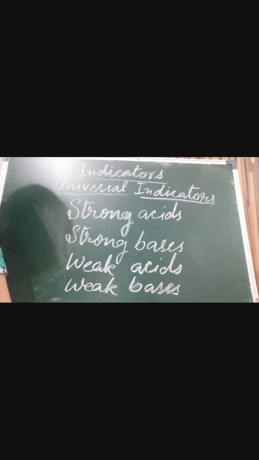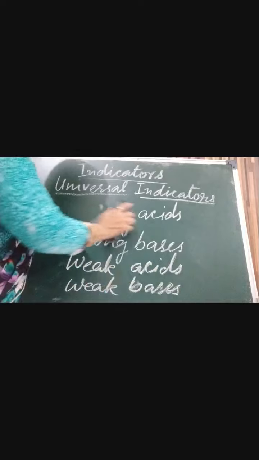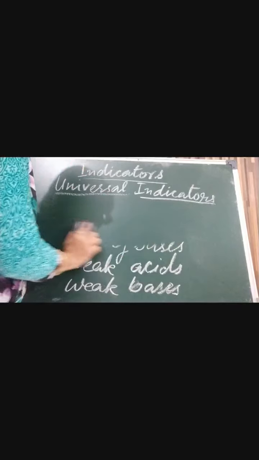we have one more indicator and we call that the universal indicator. Scientists have made it very easy to know the strength of an acid or base, whether it is strong or weak. Different strengths have been given, which is known as the pH value. Children, you must have heard in a TV ad that this shampoo has this pH value. What is this pH value?